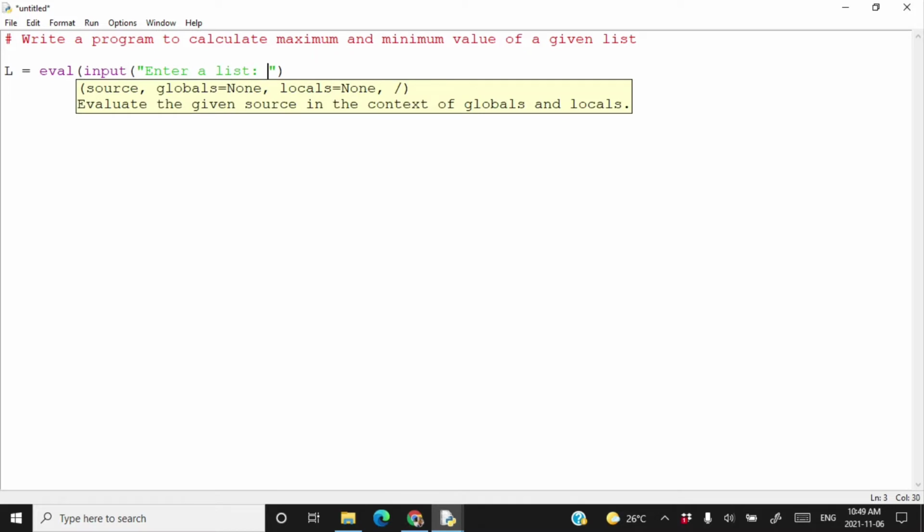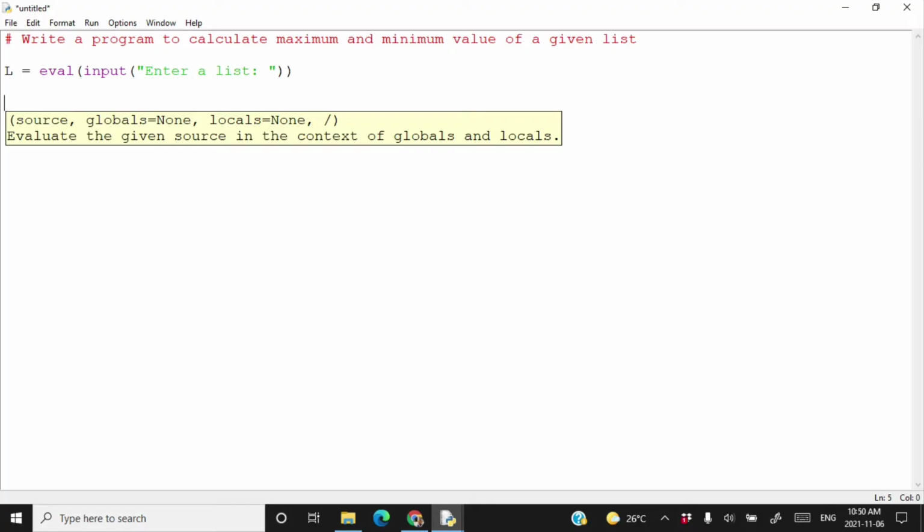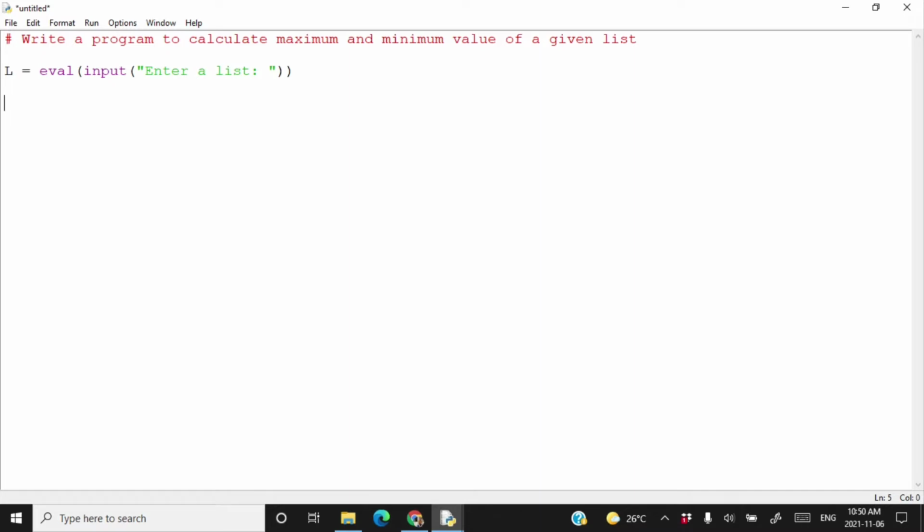We already have talked about the use of eval in the earlier videos of this series. After that, you can just print min of L and you can just print max of L.